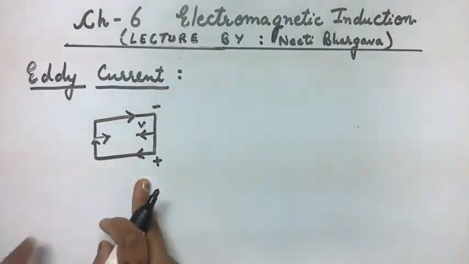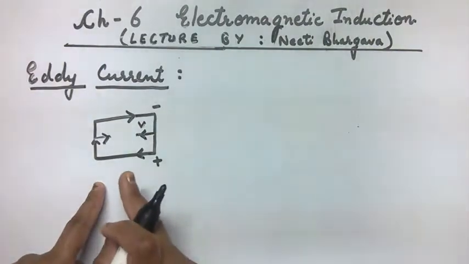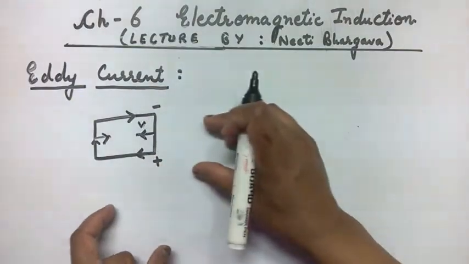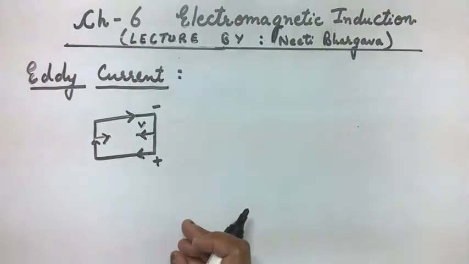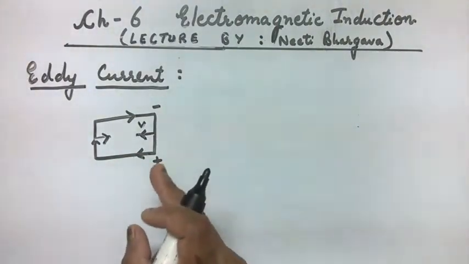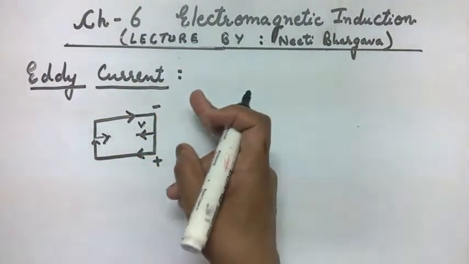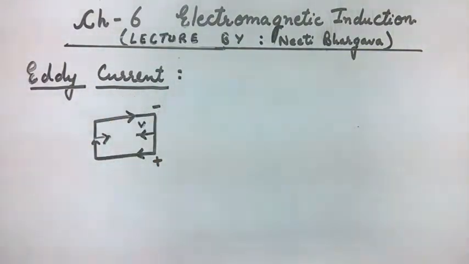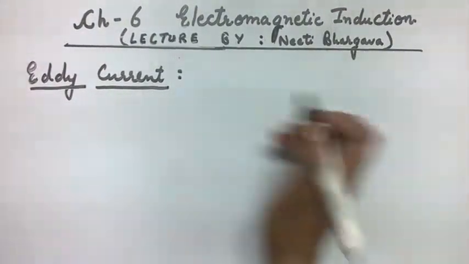Now if we replace this conducting loop by a solid conducting plate or a block, and then move this conductor in a uniform or non-uniform magnetic field, then because of that relative motion a magnetic flux change is produced, and because of that, induced current will be produced. That induced current is known as eddy currents. So basically eddy current is also an induced current